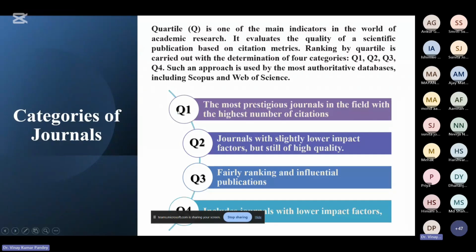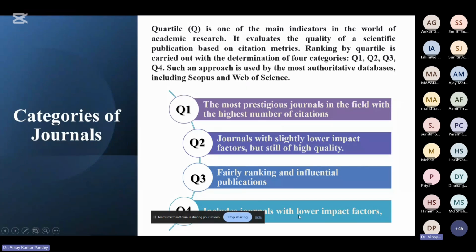As you can see, Q1, the most prestigious journals in the field with the highest number of citations. This is called quartile 1. This is called quartile 2, just below that, quartile 3, below that, quartile 4, the worst journals. Not the worst, actually. I would say the quality of publishing papers in Q4 journals is not up to that